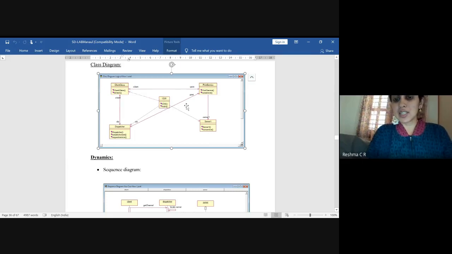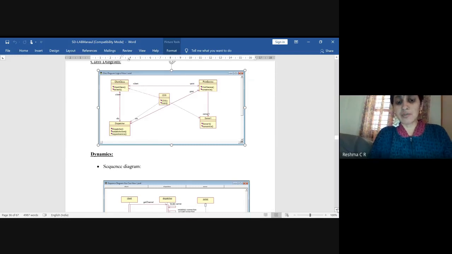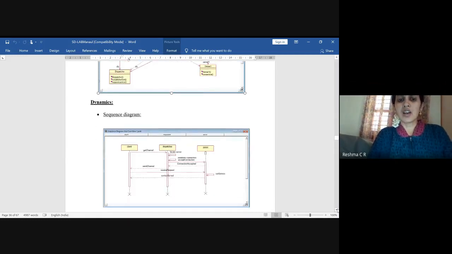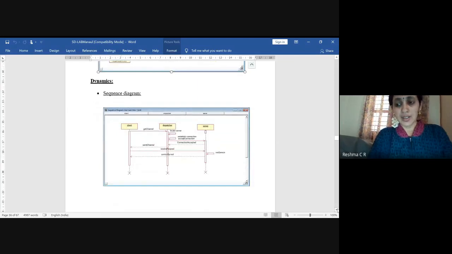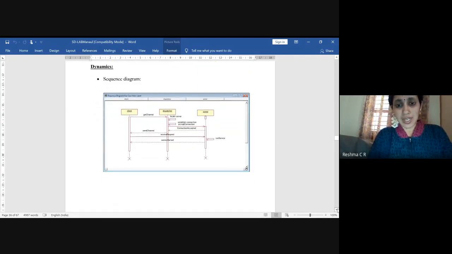The CDS system provides server location transparency, so it will look for the server and connect to it. It will establish the connection and run the service. The run service method will have whatever task the client requested, and those tasks will be executed on behalf of the client. So that is how the client dispatcher class diagram works.